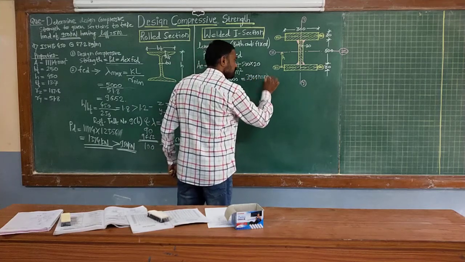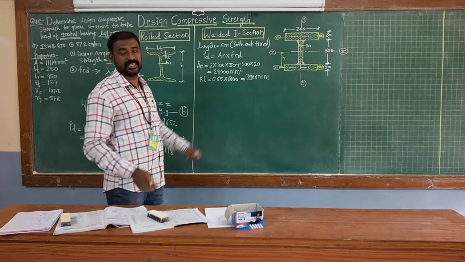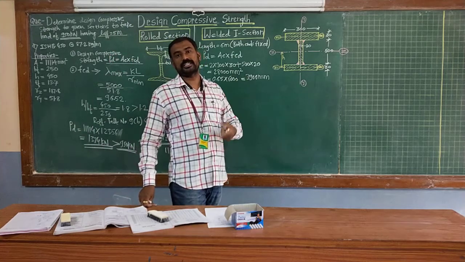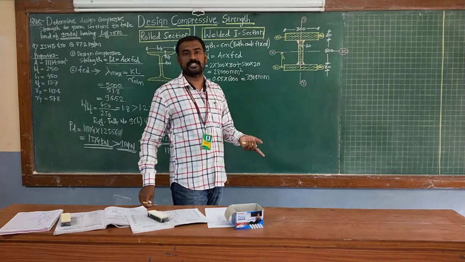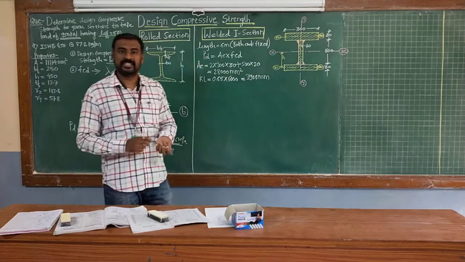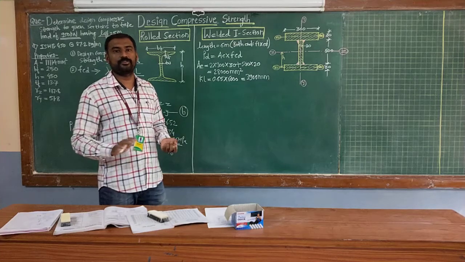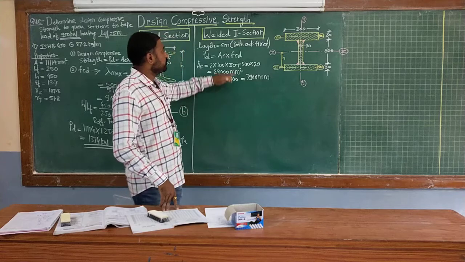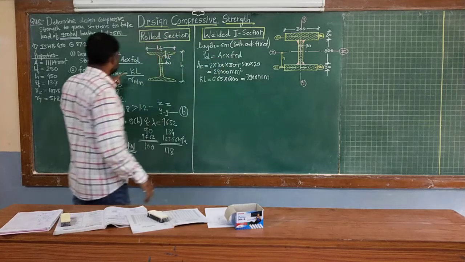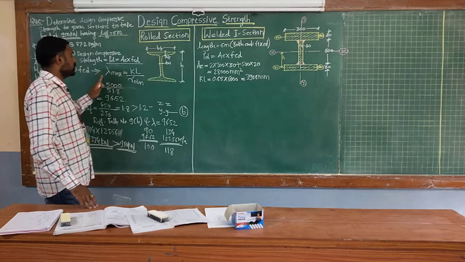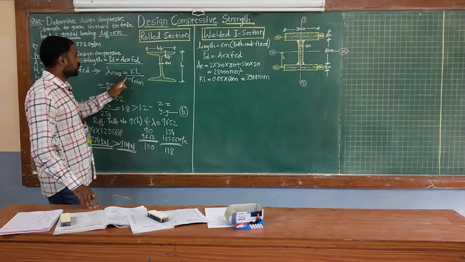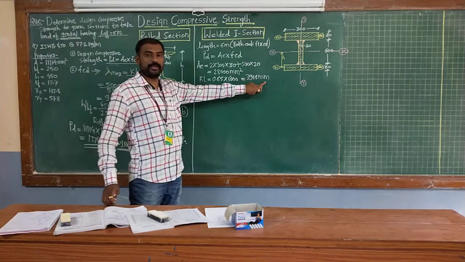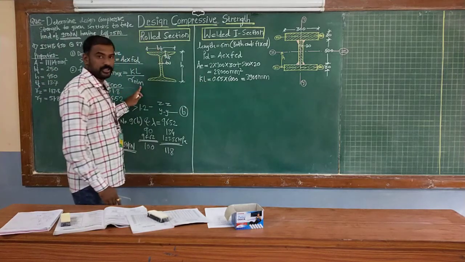So the effective length we get is 3900 mm, correct? Other conditions may be given, such as one end fixed and another hinged, one end fixed and the other free, or both ends pinned. Likewise any condition may be given. All the conditions are mentioned in Table 11 of your IS 800. Using that you calculate your effective length. For FCD calculation, as per this formula, you require lambda max, which needs the effective length by r minimum. KL we have calculated as 3900 mm. Now coming to the r minimum value, correct?